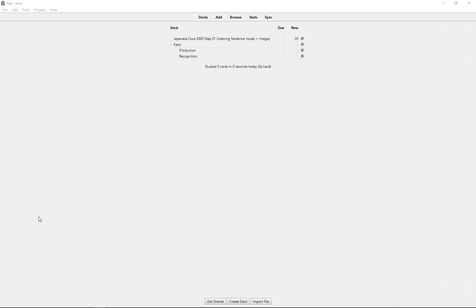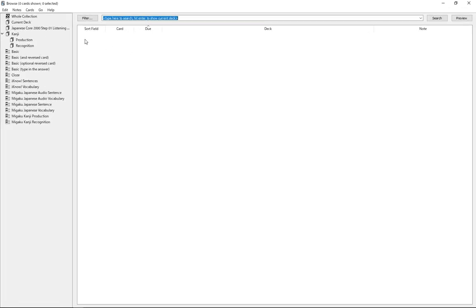So for the next step we are going to do the setup so that the add-on automatically creates the cards that are in the queue of your beginner deck. I already downloaded a deck, as you can see over here, the Japanese Core 2000 deck. And what you have to make sure, and this obviously depends on what kind of deck you are using, is what kind of cards are in this deck and what fields you have to tell the add-on to look for. For example, I can show you for this deck.